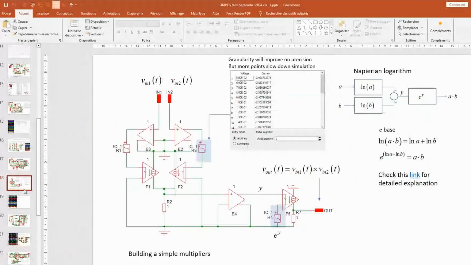Okay. Let's try to see. That's the way I've built the multiplier. There are different techniques, but the one I'm using here is the Neperian logarithm, if I pronounce this correctly. I transform A and B, my inputs Vin1 and Vin2, into logarithms that I'm going to sum, and then I take the exponential of the result to create the